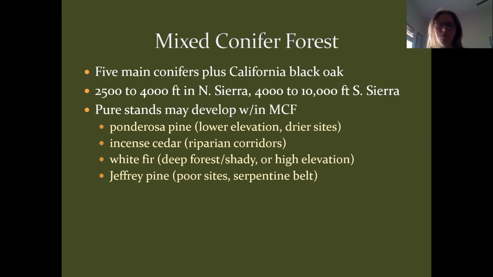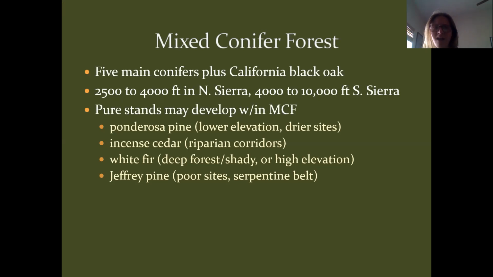So in that range, we would see mixed conifer forests not really starting until about 4,000 feet, and then in some cases going all the way up to close to 10,000 feet in the southern part of the state. And then, as we already said, pure stands may develop within the MCF, or mixed conifer forest. So we might have more ponderosa dominated areas in the lower elevation, incense cedar dominating in riparian corridors, and then white fir in areas that are more forested or shady or in higher elevation areas, and then Jeffrey pine, which